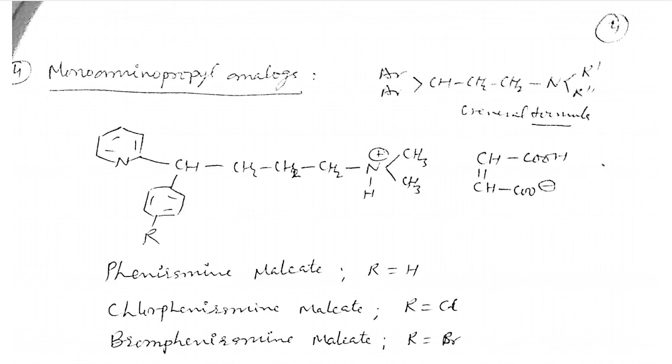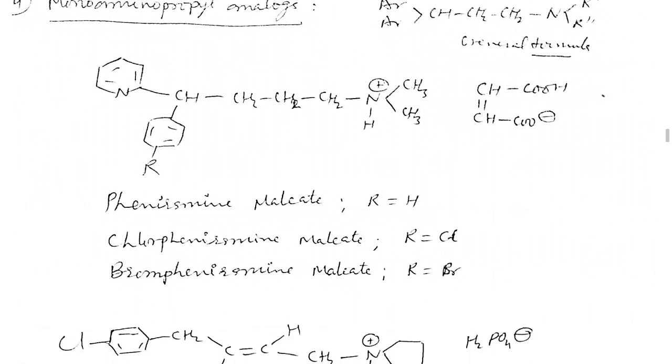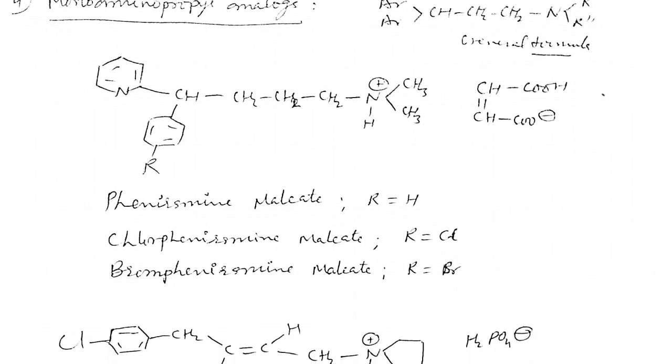And this is a very important class of drugs. For example, in the general structure here, there is pheniramine, profenpyramine, bromopheniramine. So look here, in pheniramine, what is this? There is one carbon that contains the pyridine nucleus, and one benzyl phenyl substitution, a 4-substituted phenyl group, and the nitrogen is substituted by dimethyl groups.